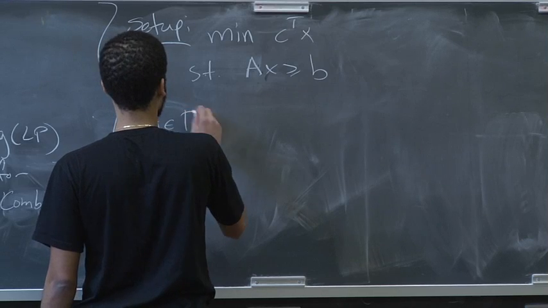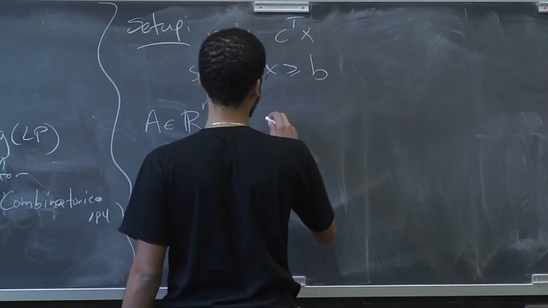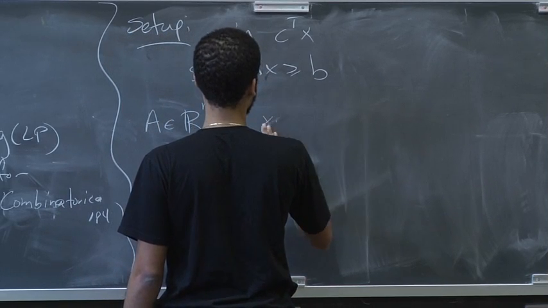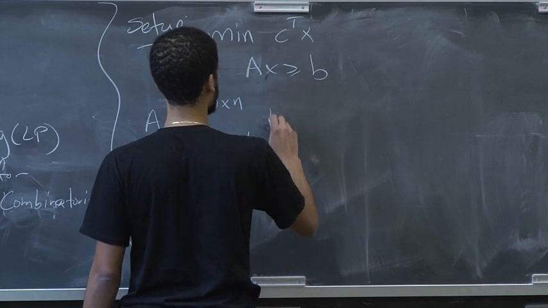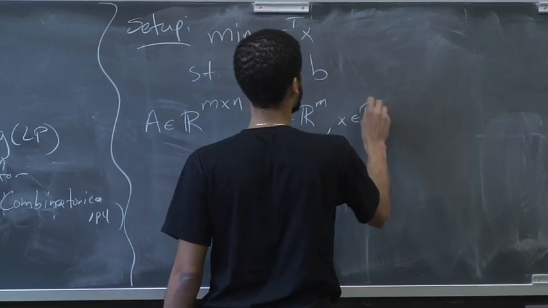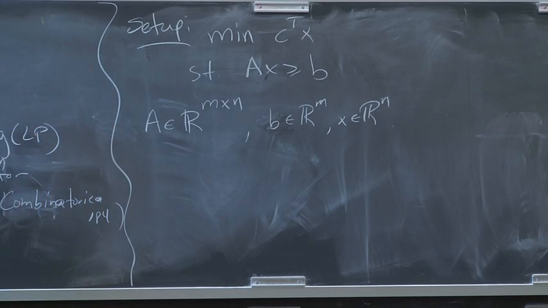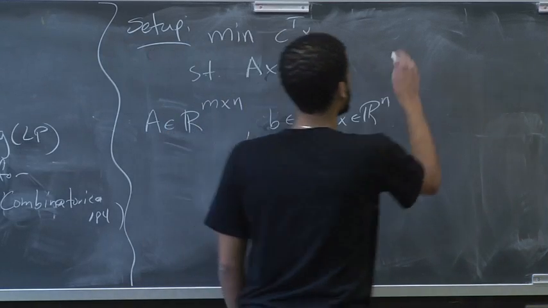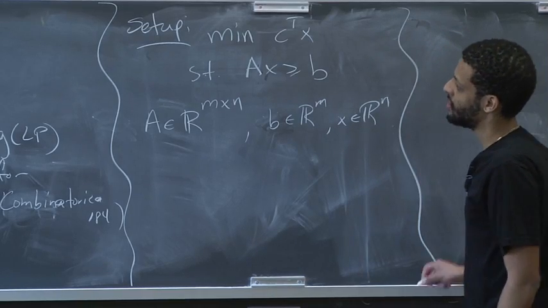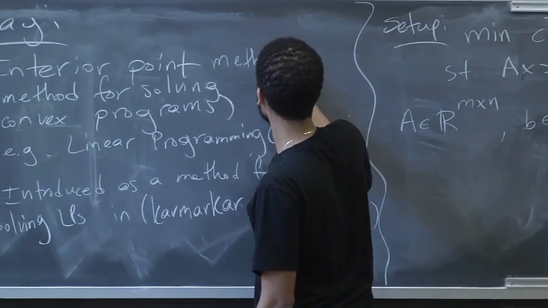A is an m by n matrix, b is in R^m, and x is in R^n. So the basic idea of an interior point method, which I'm going to keep abbreviating as IPM,